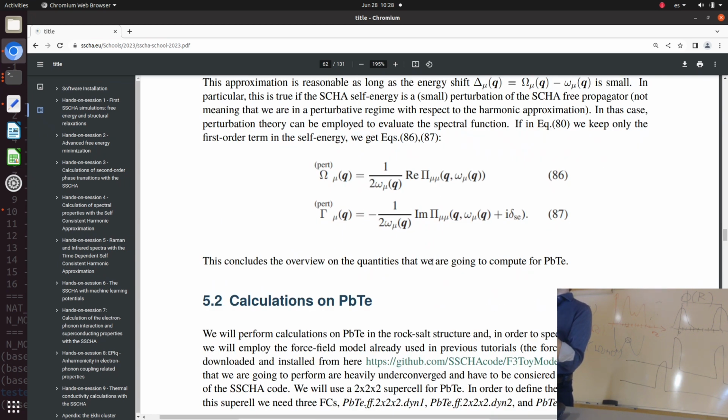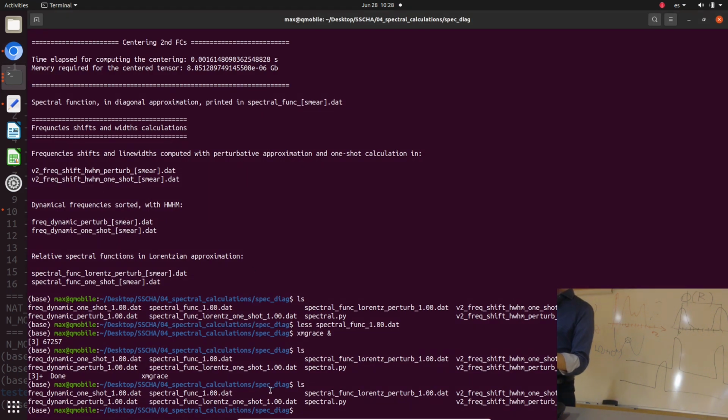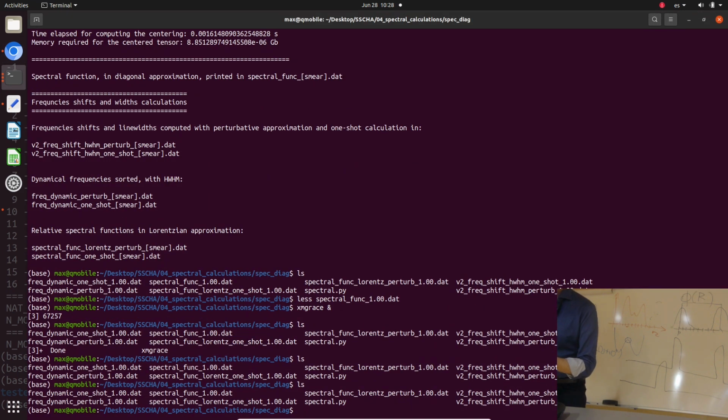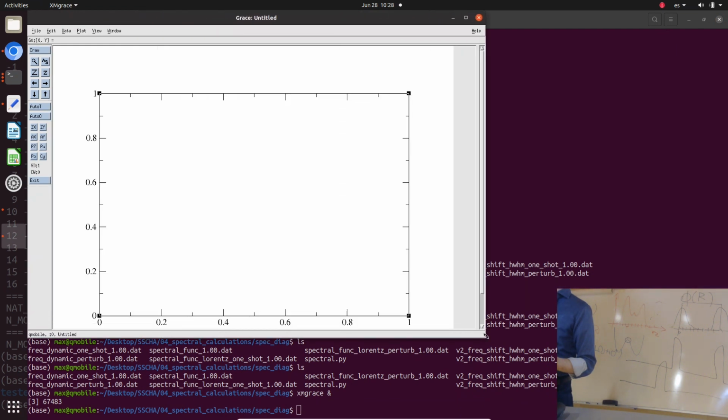And it also tries to use the perturbative approach that I mentioned yesterday, that works when the spectral function is much smaller than the SHA frequency. So this is what is done here in these two files. Frec dynamic. Okay, so let's try to plot it and see how it works. So spectral function Lorentz one shot, for example, and let's compare it with